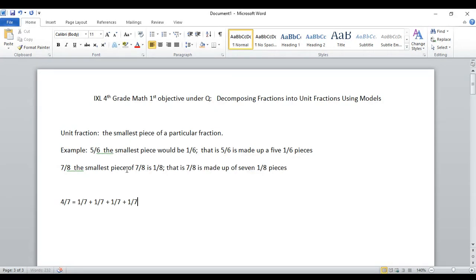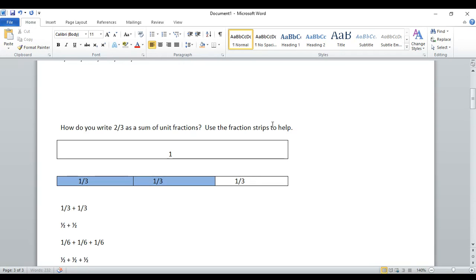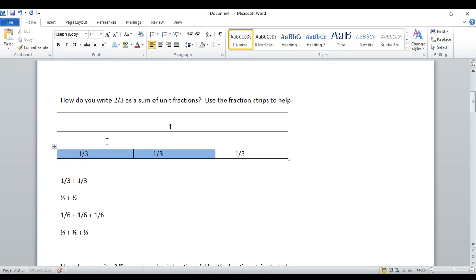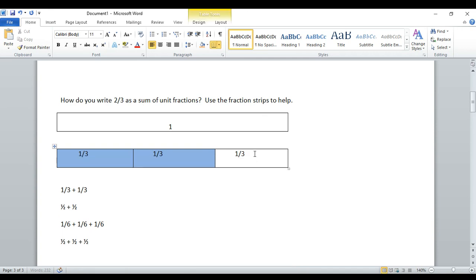So when you get to this objective, the first one under Q that doesn't have a number, it's above the number 1, decomposing fractions into fraction units using models, you're going to see problems similar to this. They're worded like this: how do you write 2/3 as a sum of unit fractions? Use the fraction strips to help. And they're going to give you a picture. These are the fraction strips right here. So you can see if this amount is 1, and then we took it down here and we broke it into thirds,